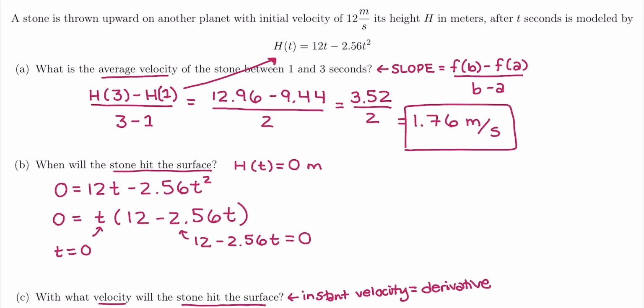And I'm going to solve this linear equation by adding the 2.56t over, just to get t's on one side and constants on the other. I could also subtract 12. It would give me the same type of result, but I like to work with positive numbers, so I'm going to add the 2.56t over. And I'm closer to getting t by itself. My last step is to just divide both sides by 2.56. So I need to grab my calculator and do 12 divided by 2.56 to find the other t value to be